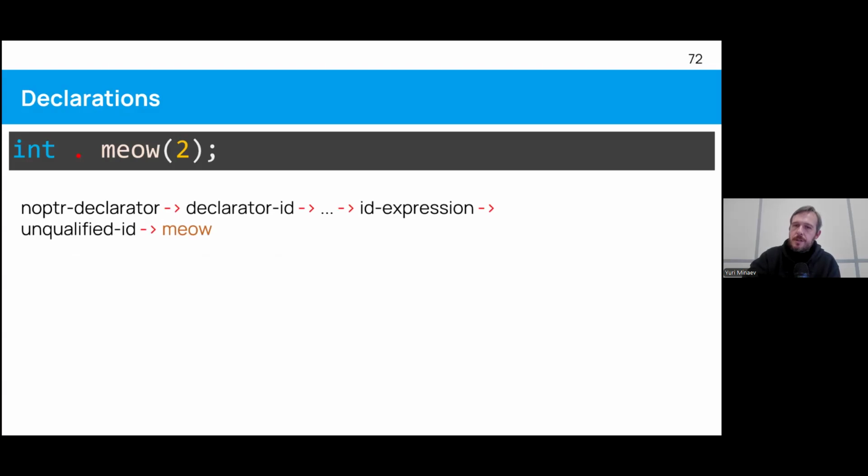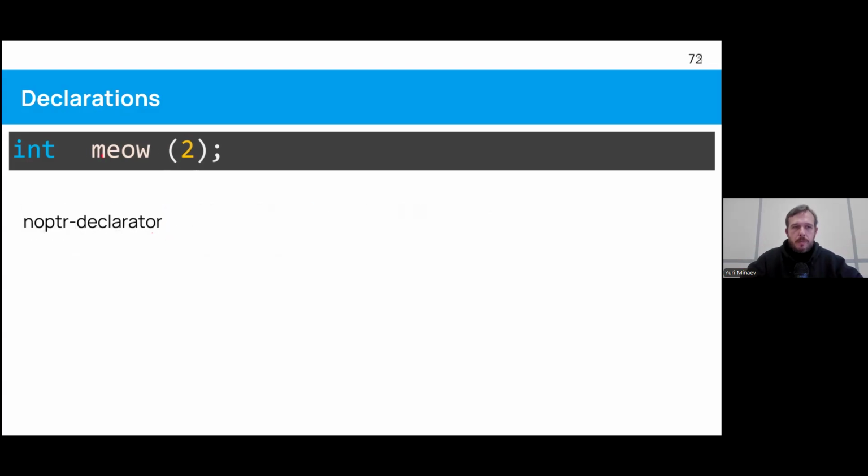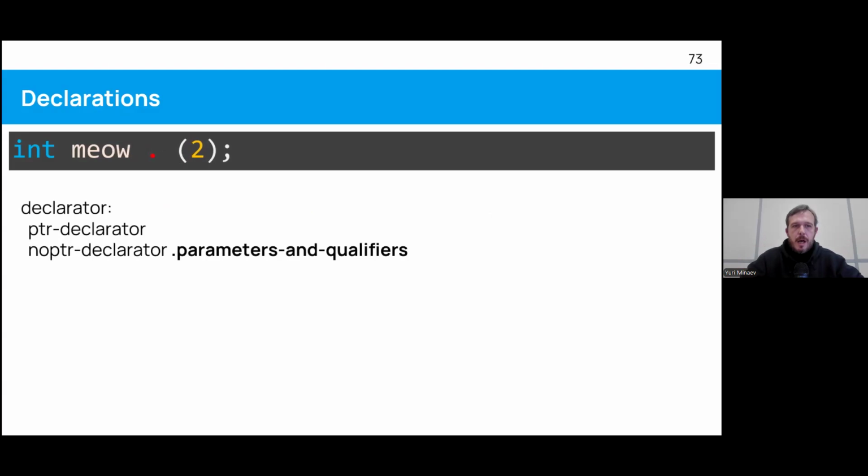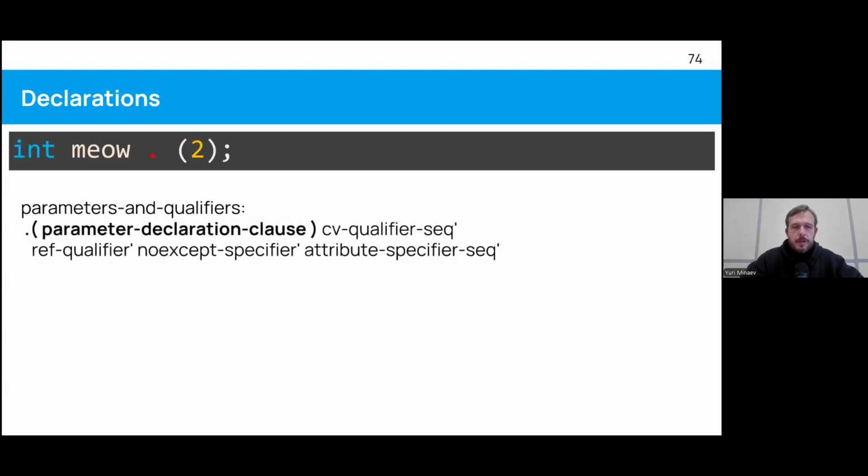Eventually, again, through a long call chain, we get to the declarator name, unqualified ID, meow right now. So we consume it. And next, we are dealing with parameters and qualifiers list. Okay, let's go. What is parameters and qualifiers? It's something in parentheses, which is fine. It's easy. And here we have this parameter declaration clause.